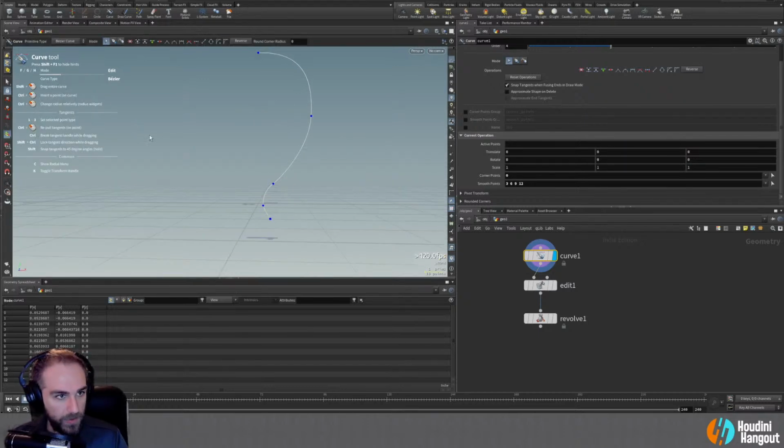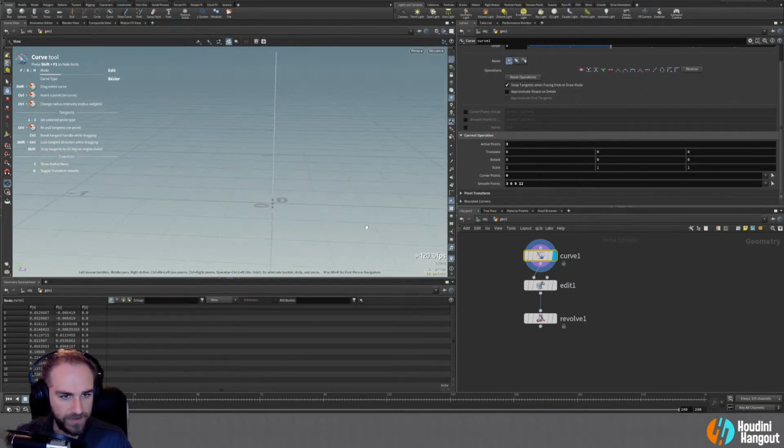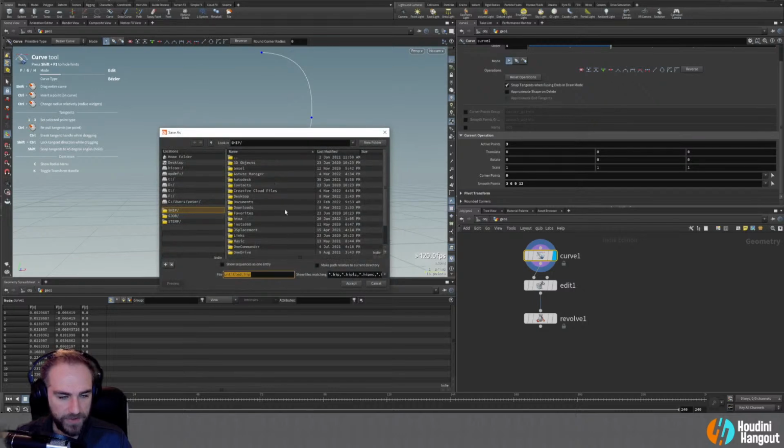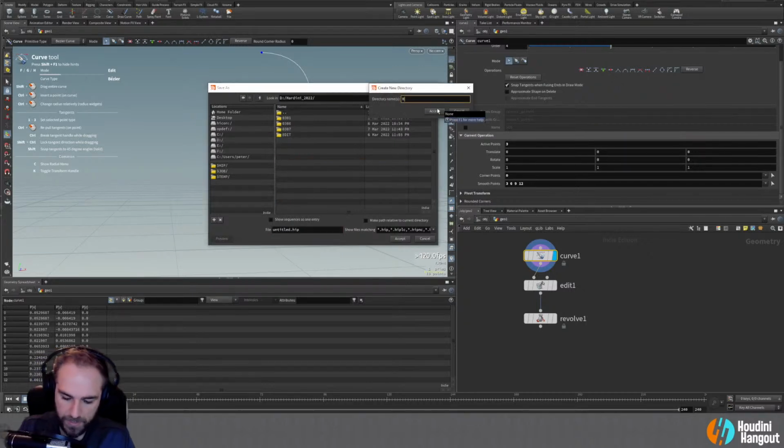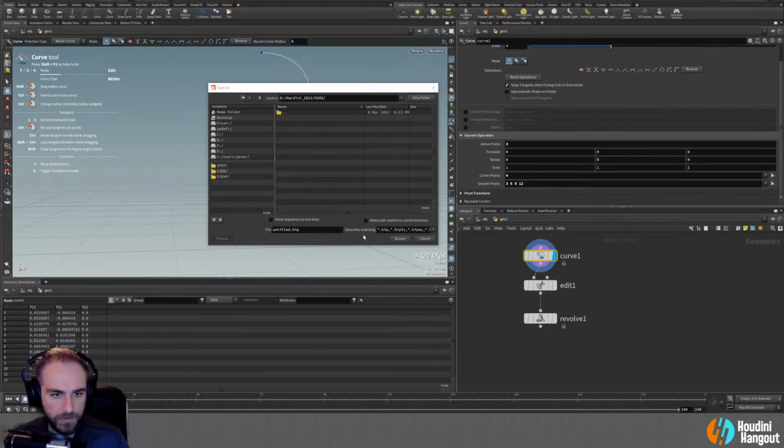If I change my mode here, I can go into the edit mode. Then we can just move these around. Now, I believe that's actually not going to be moving it. Oop. There we go. A little reminder from Houdini here to save my project. Usually I just jump right in and forget. There we go. Let's do Vellum